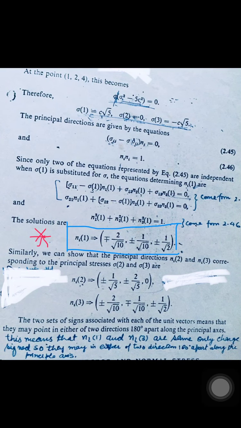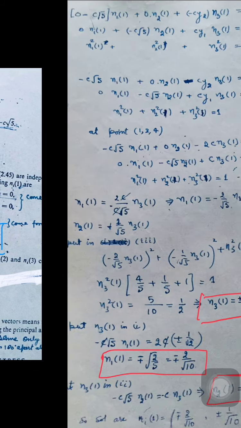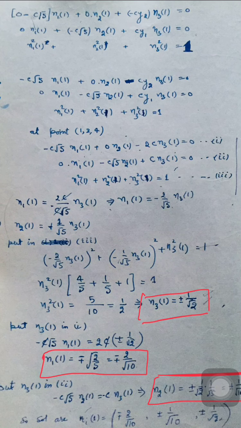Okay, so this is homework for you, how you obtain ni2 and ni3 similarly. It is a very big question, so you have to practice it first, because one numerical is also asked in the exam, either two theorems, or a derivation, or a numerical example. One of the main important parts, principal stresses or principal direction, must be asked in the exam. So today we are ending here. Thank you.